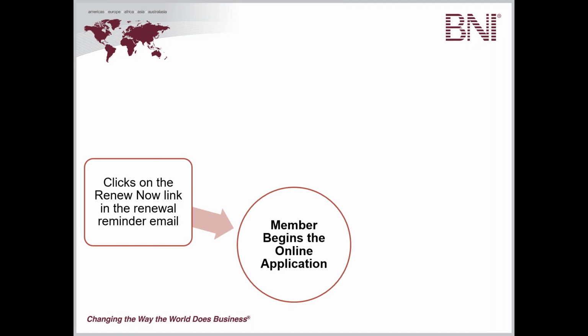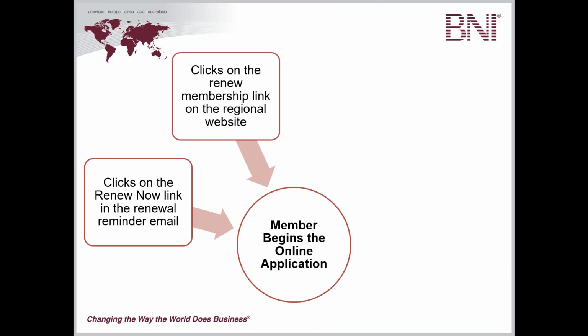So 60 days before they're due, they will get an email saying, hey, Johnny, by the way, you are set to renew your membership in 60 days. Would you like to start that renewal process now? If they click on the link within that email, they can go in and start that renewal process. The second way is that most regional websites will have a link that says, renew now. Click this button. It'll make them log into BNI Connect. This is a form that you have to log into BNI Connect for,